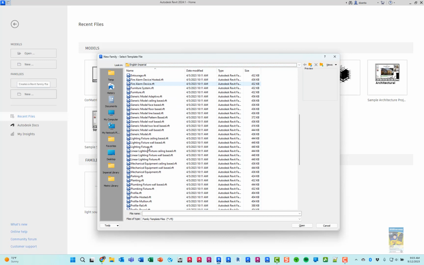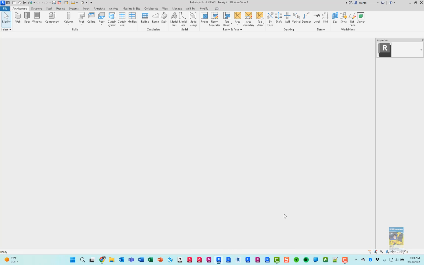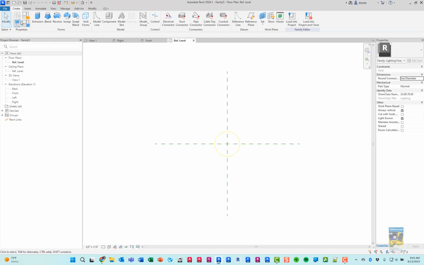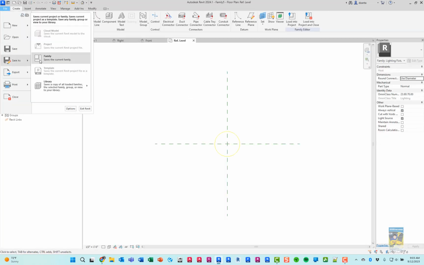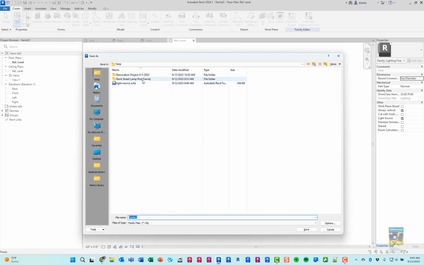So we'll scroll down, head over to light fixtures, and there's a lot of them to work with if you look carefully. You have light fixtures ceiling-based, wall-based, the generic one, a linear light fixture ceiling-based. So these three here are new in 2024. For what we need, we're just going to work with the general light fixture family. We'll click Open, and it'll build us a new family. We're going to save this as a family, and we'll just call it Street Lamp Post Family,